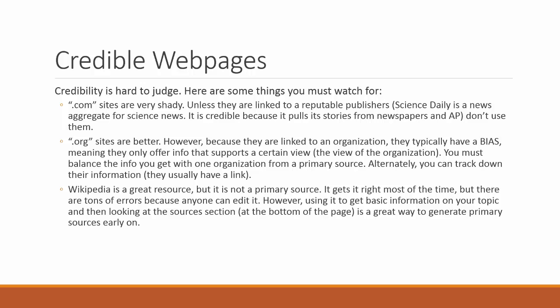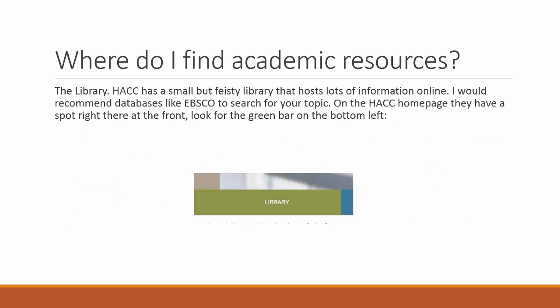And sabotaging pages and stuff, but it might not get corrected for weeks, so you might be reading something entirely incorrect. That's why you have to go down to the bottom of the Wikipedia page. You'll see the sources, you'll see the bibliography. They literally have a bibliography, and they always have the links to the information that they pull. It's freely available information. They're great at collecting that kind of stuff. Once again, great way to generate sources early on.